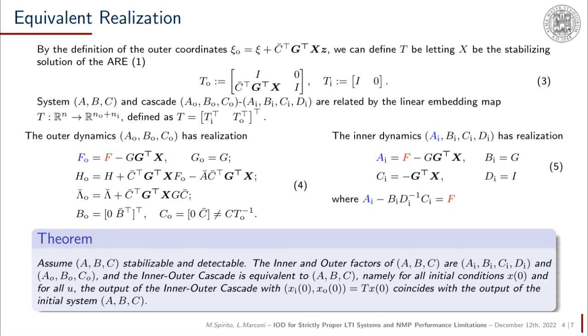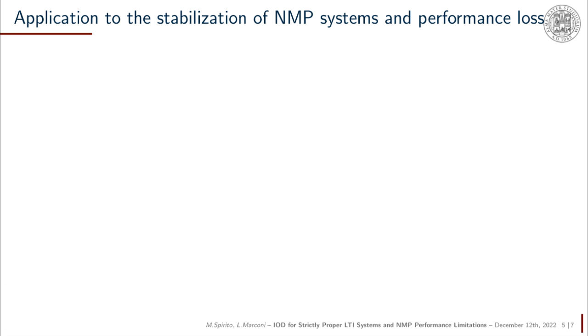And this realization by construction brings to an equivalent realization of the original plant, which is equivalent to say that for all initial conditions x0, and for all u, the output of the inner-outer cascade coincides with the output of the initial system ABC. We then decide to apply this inner-outer decomposition to the stabilization of minimum phase systems and